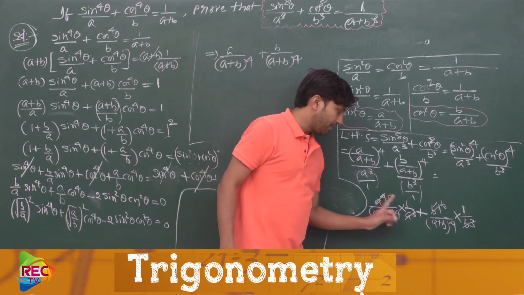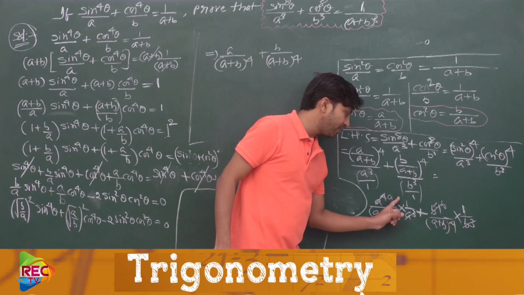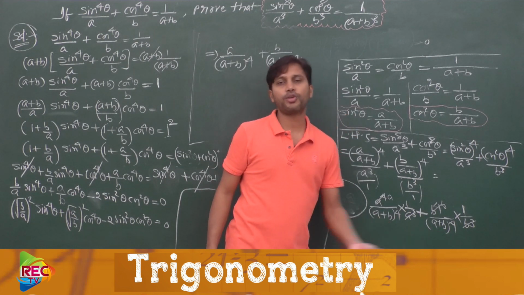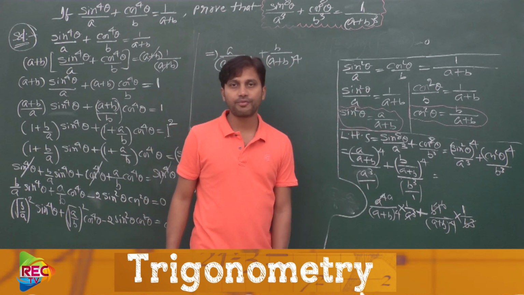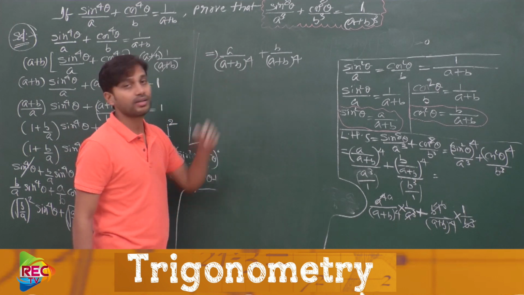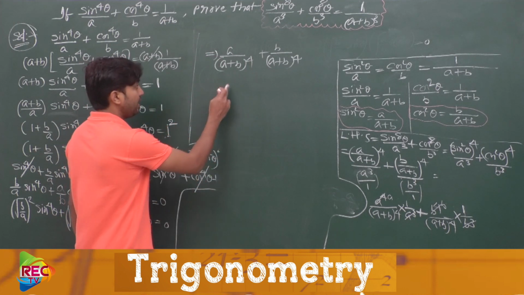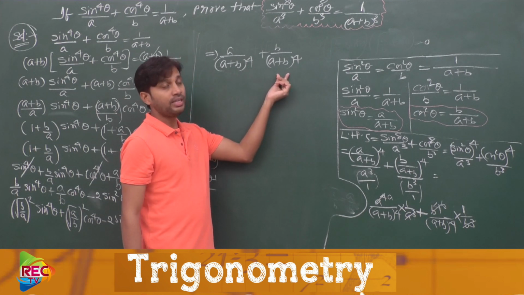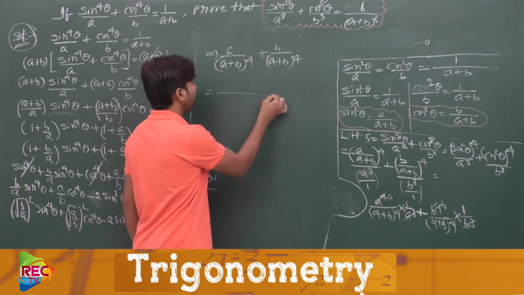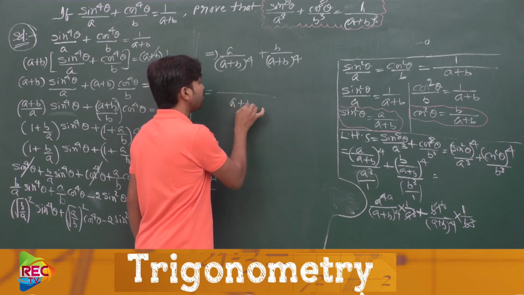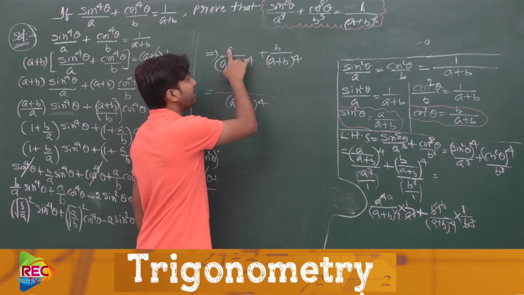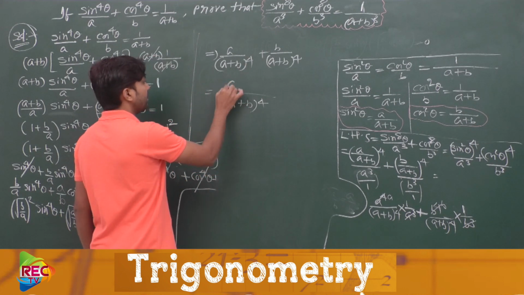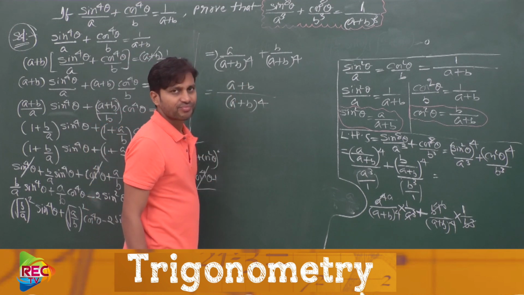See here, all the remaining terms are cancelled. Here 1a is left and here only 1b is left, and as usual a plus b whole power 4 is the common denominator for both of the fractions. These are like fractions, as the denominators are the same, so we can put down a common denominator, that is a plus b whole to the power of 4, and write the numerator parts as they are. So what is that? A plus b.